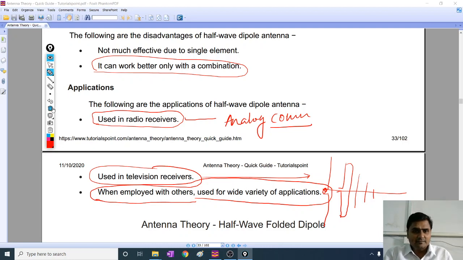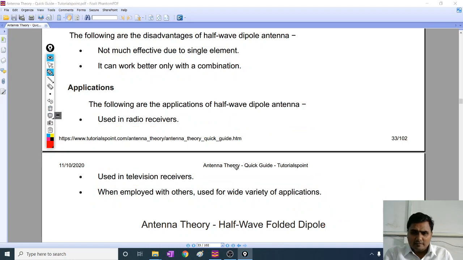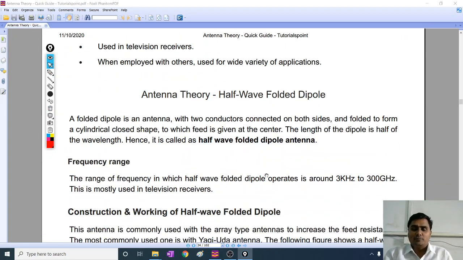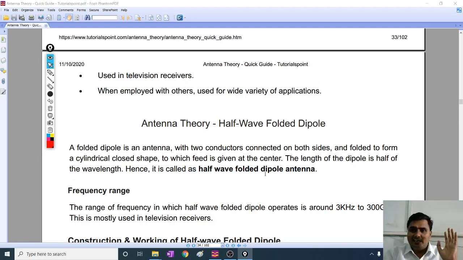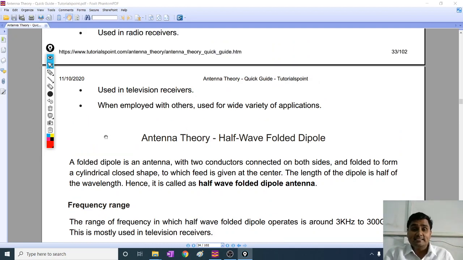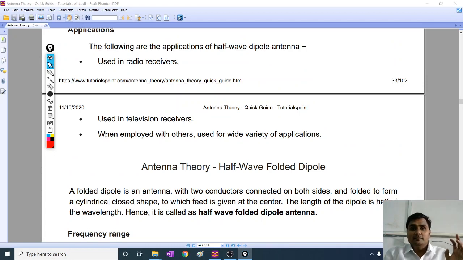Now before starting with the half wave folded dipole, we are not going to start with the folded dipole immediately. Before that, I will tell you how I can design a practical simple dipole. See, the design is so simple. Let me draw it first. If I want to design a dipole